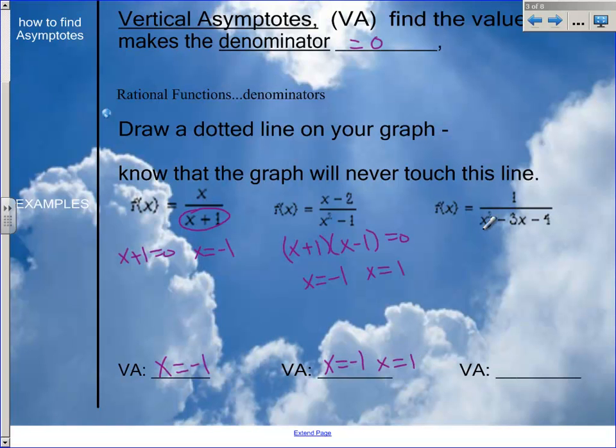And here's another one I have to factor, x squared minus 3x minus 4. So that's x minus 4 times x plus 1. And you set that equal to 0, and you get x equals 4 and x equals -1. And there's no x value in the top at all, so both of these are going to be